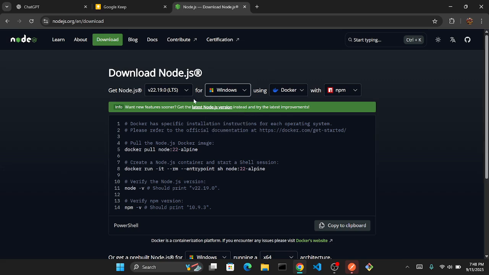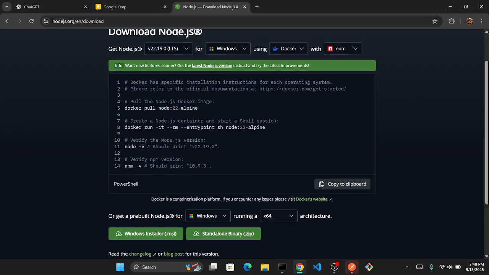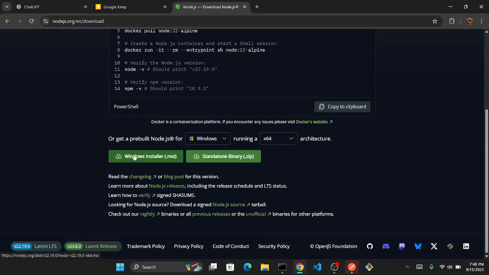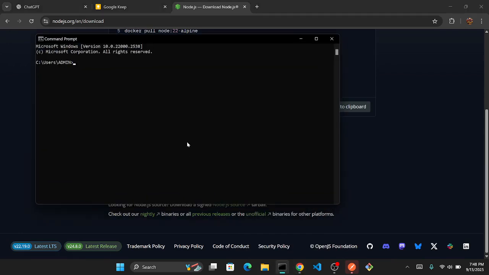For me, I've already installed, and once you run the installation, you can use the Windows installer. Once you have the installation complete, if you type node -v, it'll show you the version